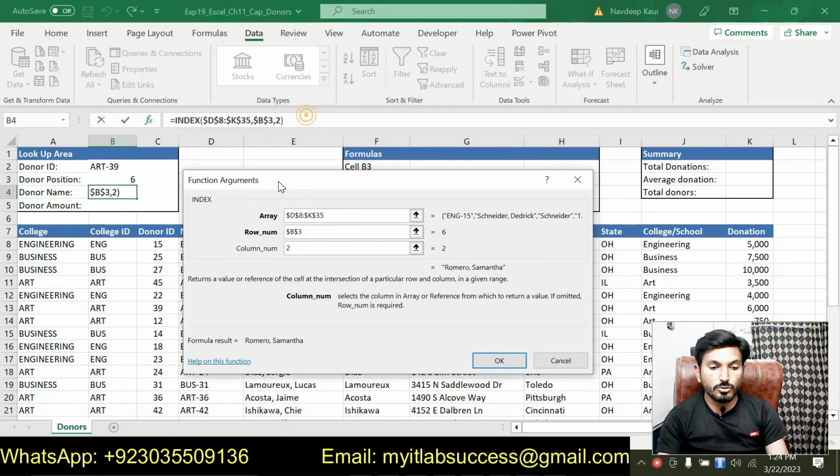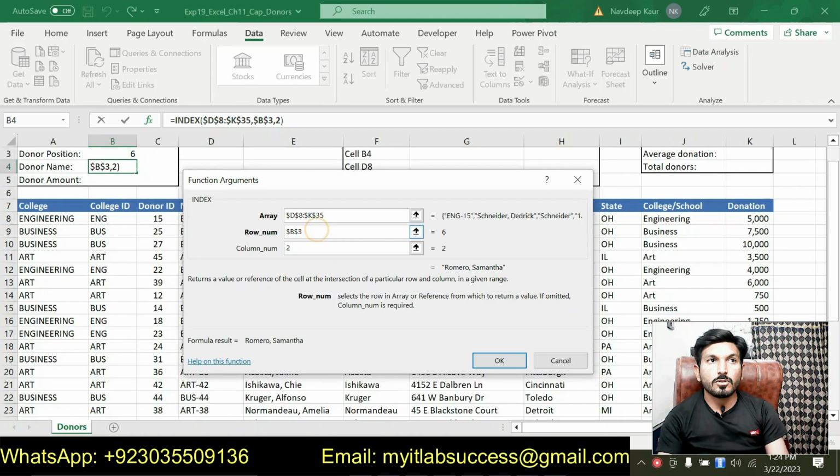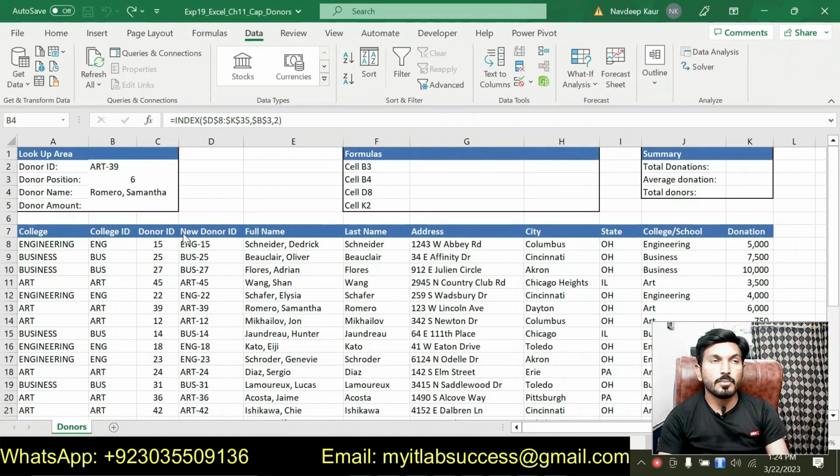So basically we are using an index function that is based on the array D8 up to K35, and then row number is B3 because we are using the row number from the donor name and the column 2. So we will get the full name for this donor position, and for donor position 6 we are getting the